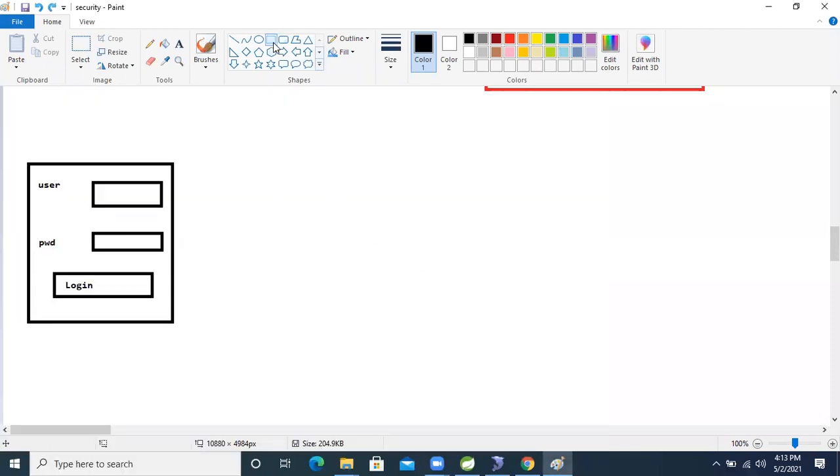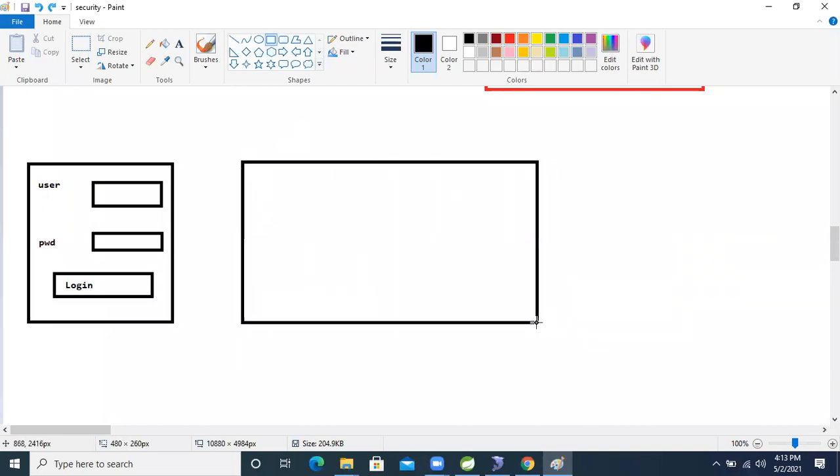So see, this interface's role is very important in performing database authentication and authorization, guys.